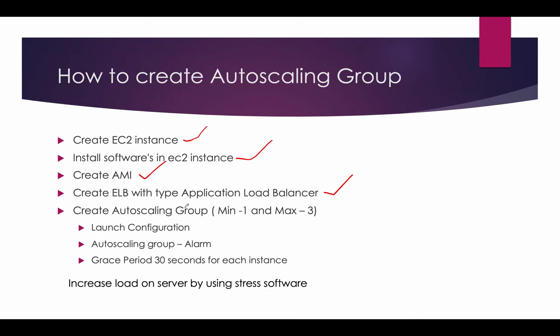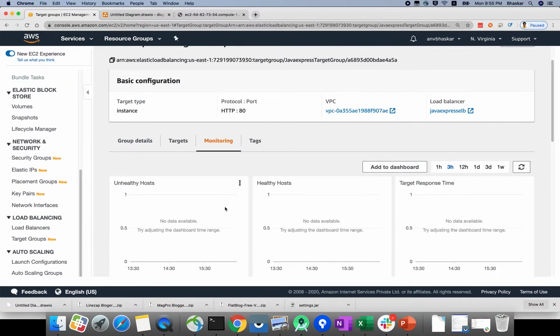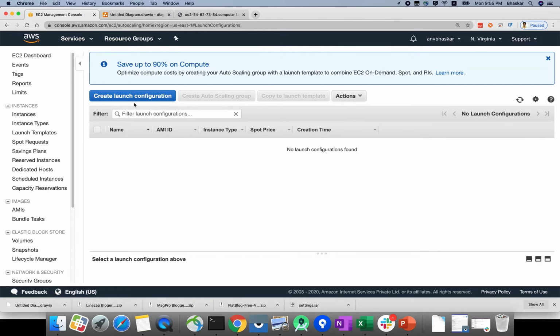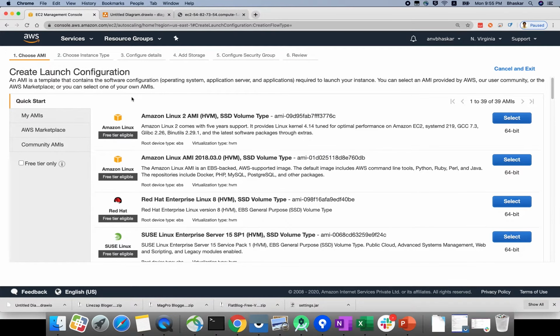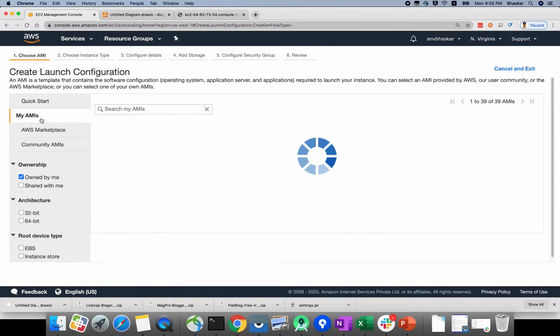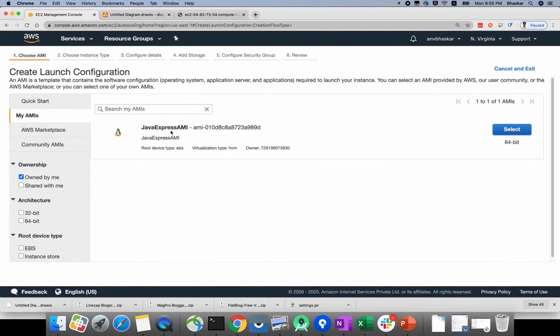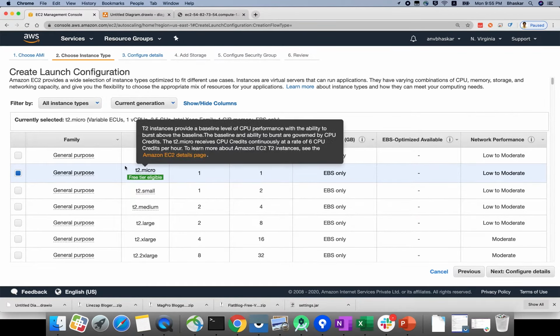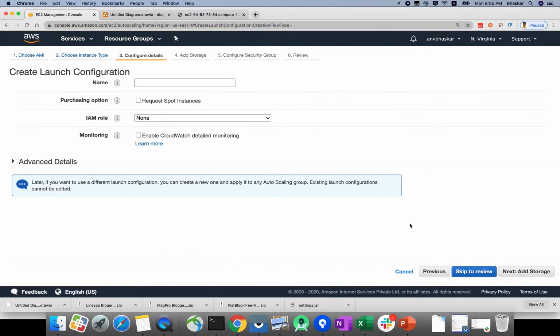Now you need to create an auto scaling group. In auto scaling we have 2 configurations, one for launch configuration, one for auto scaling group. Okay, if you see here load balancer, target group, elastic IPs, security group, snapshots. Now if you see launch configuration, we need to create our configuration type. Okay, if you see here there is my AMI. Previously you created one AMI with your own EC2 instance. That AMI you need to select here. The type will be EBS only. It's like permanent storage.